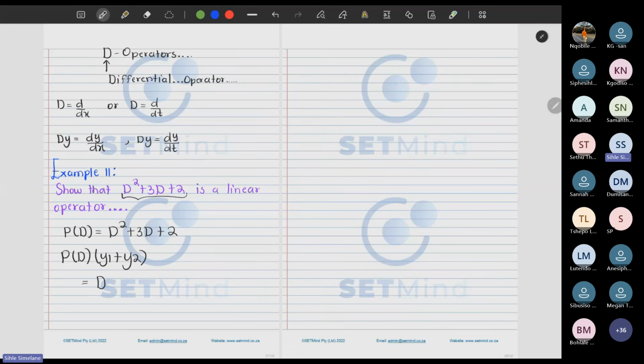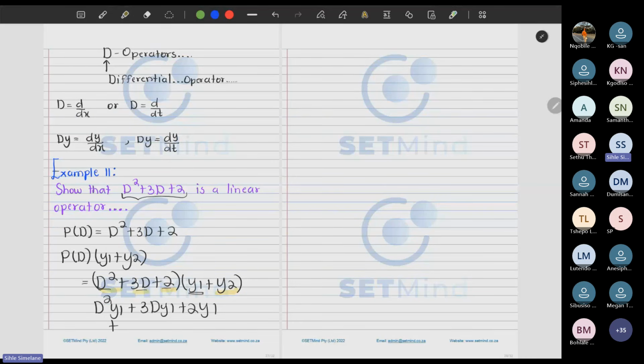This means that you have D squared plus 3D plus 2. So if you think about this carefully, you'll be acting on y1 plus y2. If you have a look at this, you will end up having D of, this here will act on every part which you see here. So you'll end up having D squared of y1 plus 3D y1 plus 2y1 plus, then now y2 starts acting